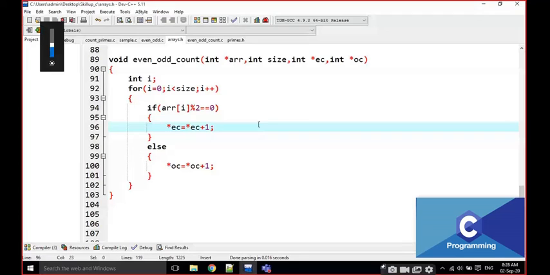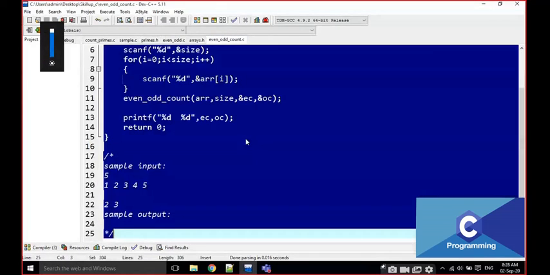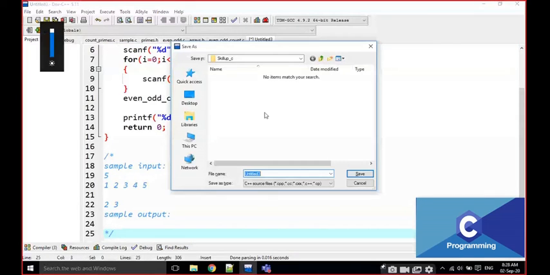Okay. And the next method I am going to write here: even odd count using array.